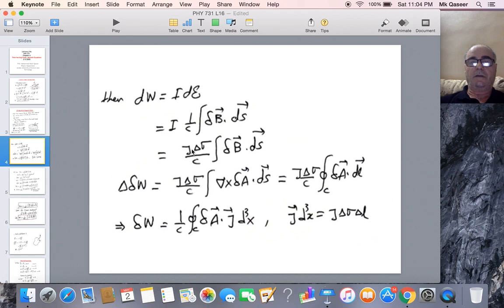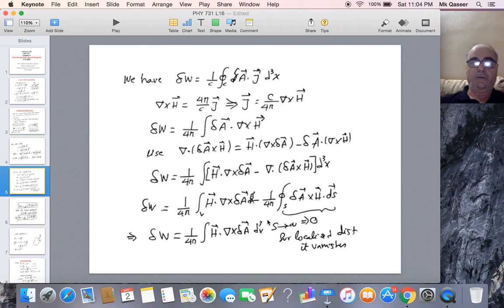Now we replace I by J delta sigma over c. So the variation in the work is given by this form. Now we use, instead of B, curl A, and then we replace J delta sigma delta L by J d3x. So we get this final expression for delta W,